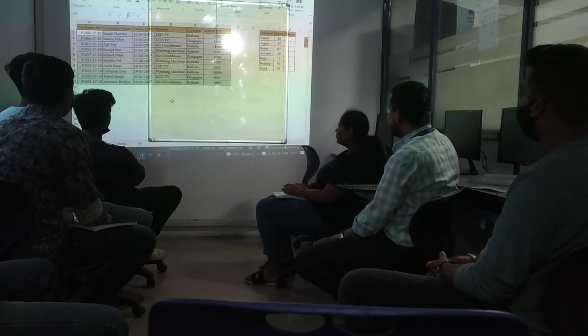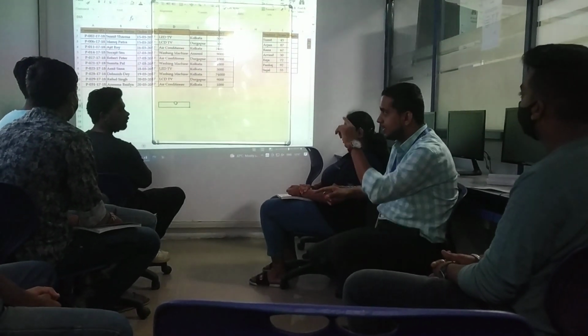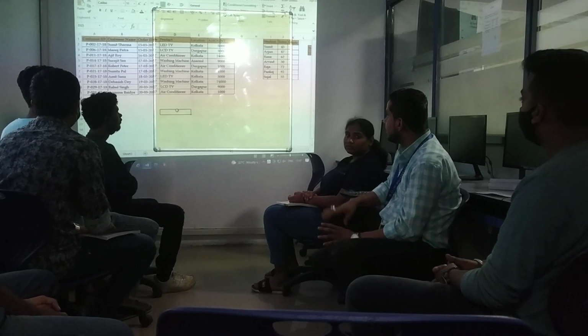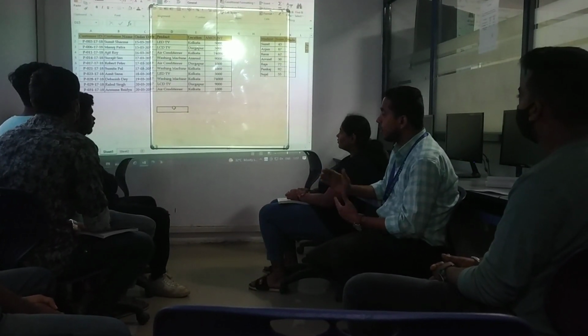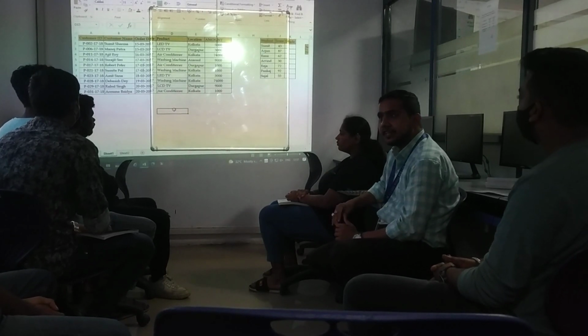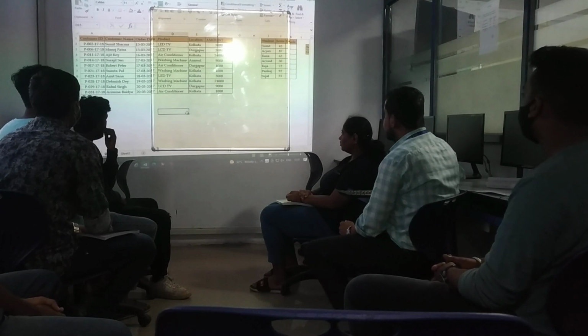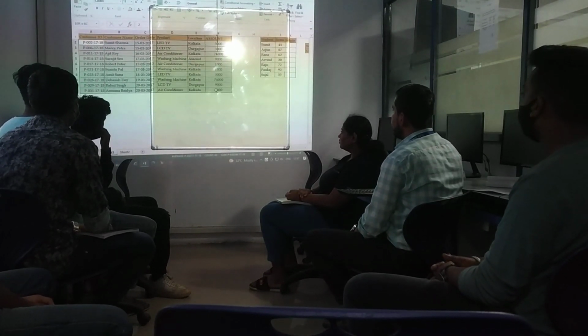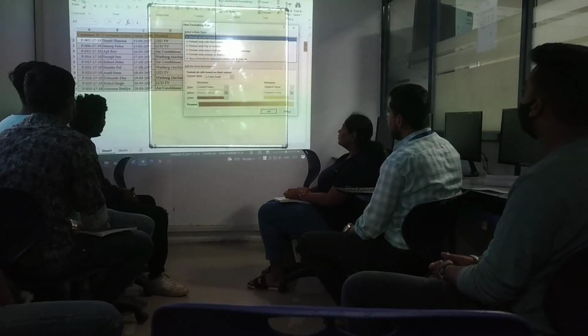Now the next condition is, we want to highlight the entire data if the amount column value is more than 50,000 rupees. Only those rows we have to highlight, if the amount is more than 50,000. So we select the entire row, go to conditional formatting, new rule.